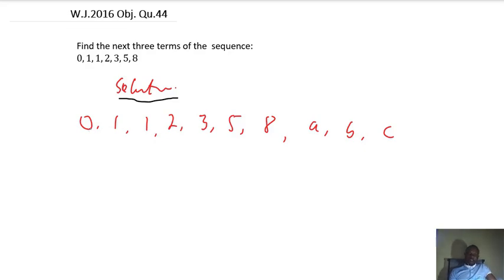It just follows a certain pattern. When you sum the first two terms, it will give you the third one. Because 0 plus 1 will give you this one. And when you sum these two, 1 plus 1 will give you the third one. And the same thing, when you sum these two, 1 plus 2 will give you the third one. So this means that for any three consecutive terms,